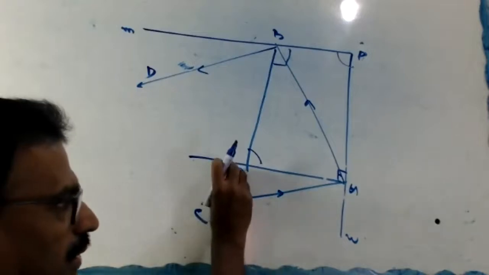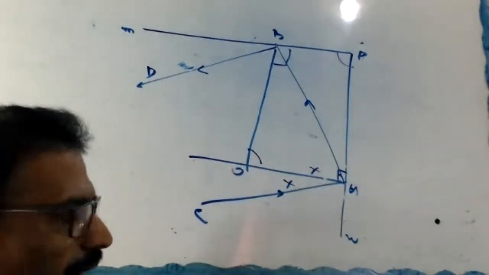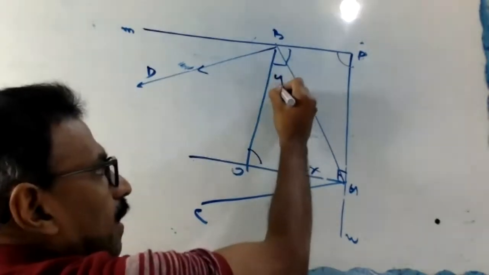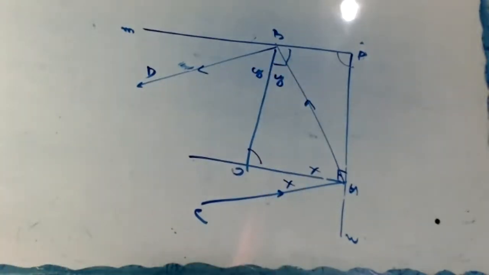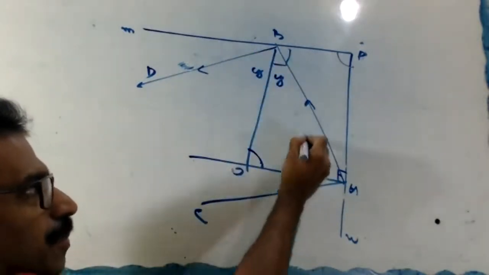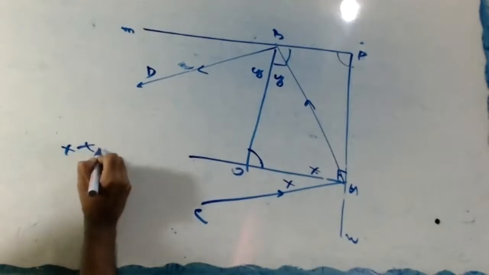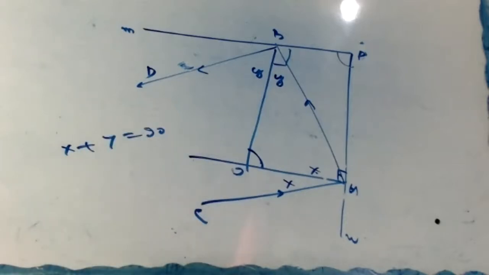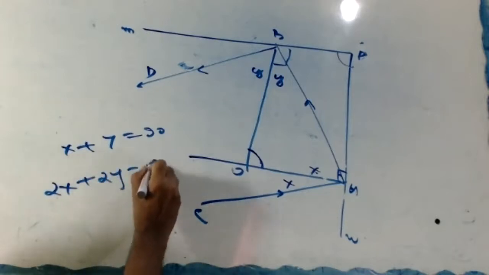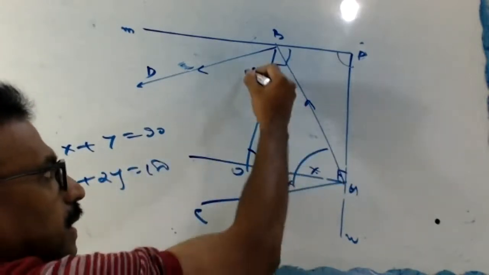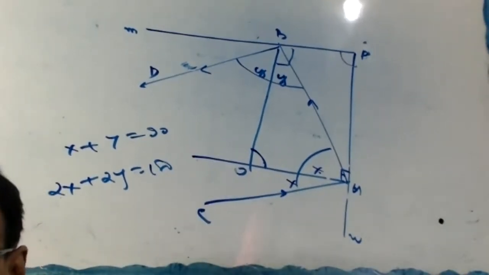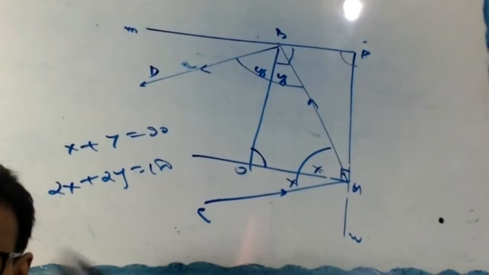Now, this is the bisector. And x here, x here. Angle of incidence equal to angle of reflection. Similarly, y here, y here. Now, in triangle AOB, this angle is already 90. So x plus y is 90, by the angle sum property of a triangle. 2x plus 2y equal to 180. 2x plus 2y means this one plus this one is 180. Hence, the co-interior angles are supplementary, so the lines are parallel. Now clear?